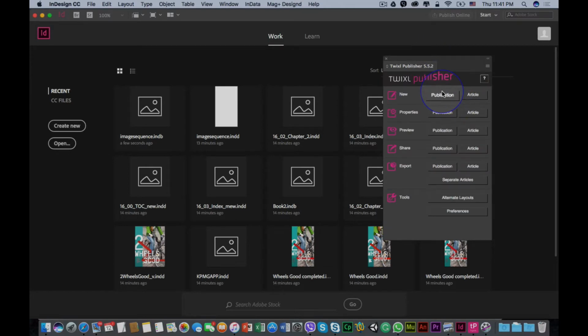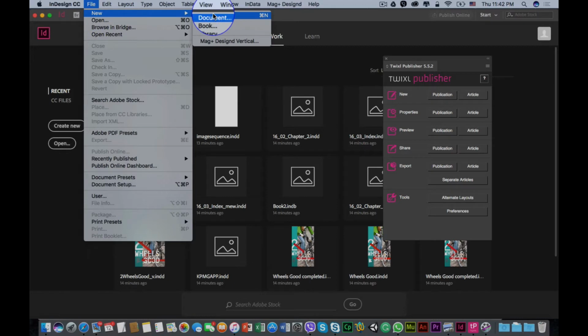A publication is like a book in InDesign, which can have multiple articles. So depending on your choice, you can click on article or you can click on publication. Publication is the best choice because in a publication you can add as many articles as you need. It is like a master application which has sub pages, or sub articles you can say inside it. You can even go to File and get a new document, but I don't recommend that when you're working with